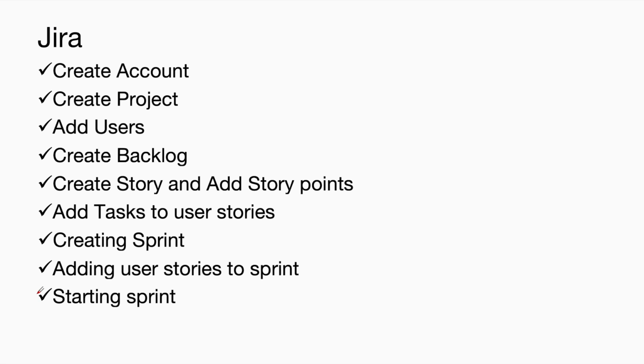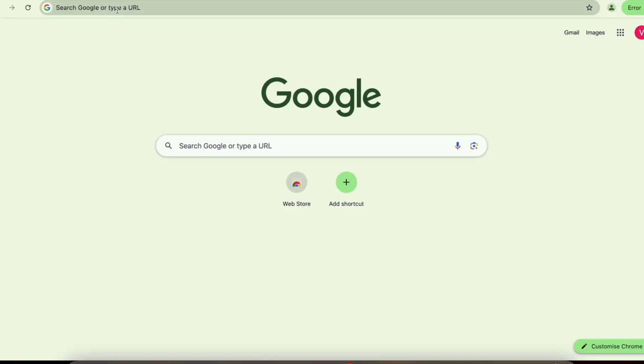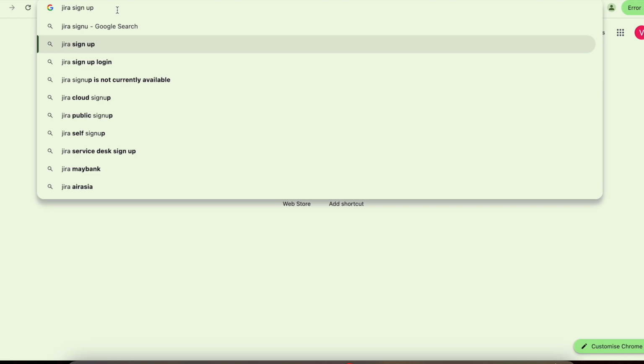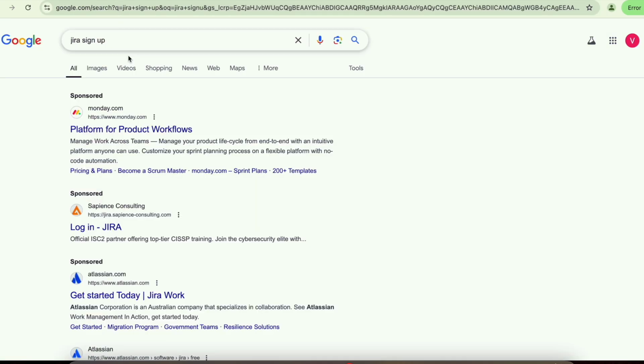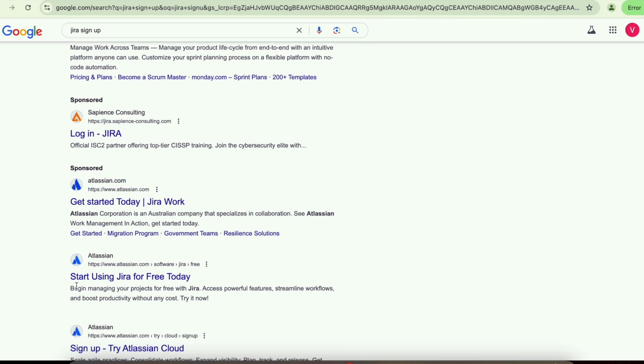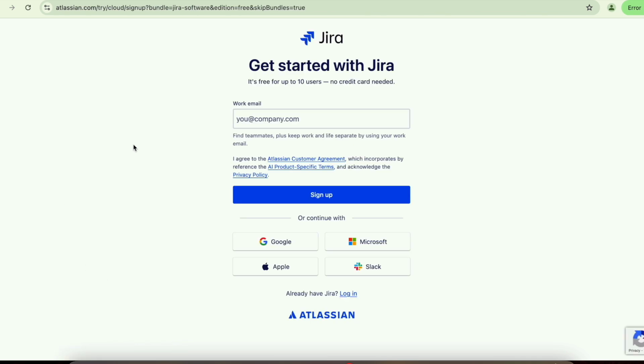Now let us see how we can create the account in Jira. Now let me sign up and create a Jira account. Just search Jira sign up in your browser, and you can see start using Jira free today. You can click on this. So let it load. Now you can sign up using your email